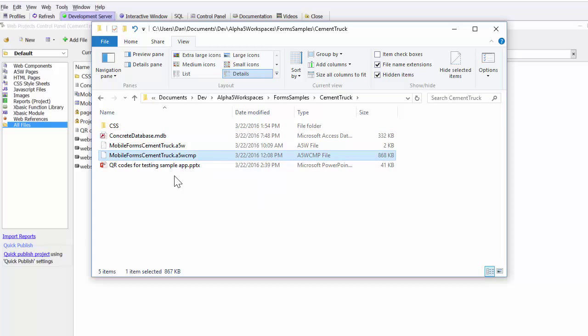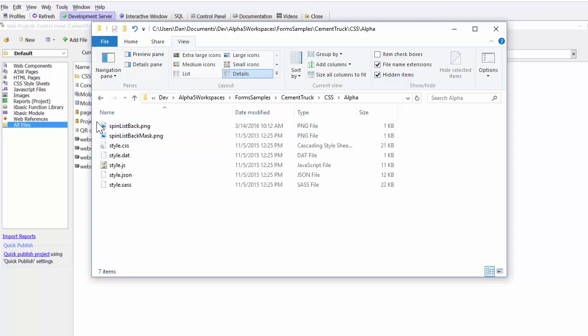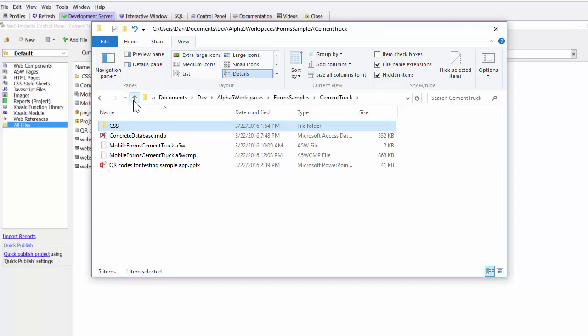And here is the actual A5W CMP file, the component itself, and there is a directory with CSS that has the files needed for the alpha theme, which was not available at the time this demonstration was made, and it has customizations made to that theme, and in that case I used a local version of it. Finally, there's a PowerPoint